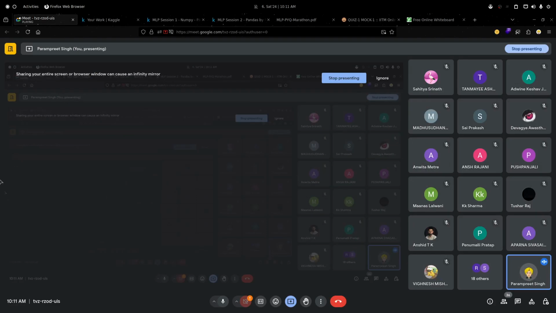So yes, this is one of the appropriate options. It is an MCQ, so I think this is the correct option if I am not wrong. Okay, sorry, this is the correct option: you first apply fit on the test data. If we do the fit on test data and then transform the training data, that is not the correct approach, right?